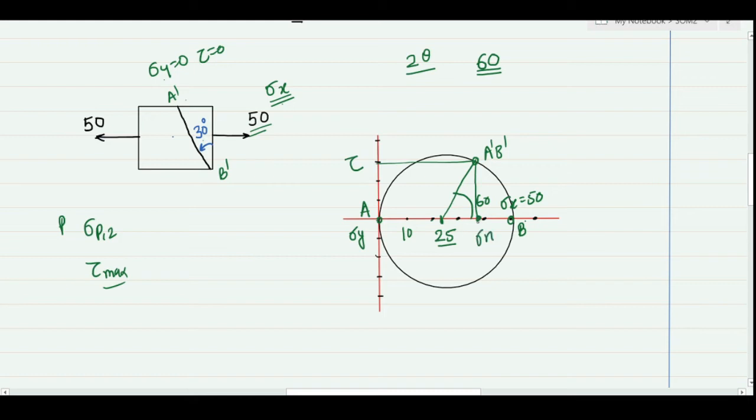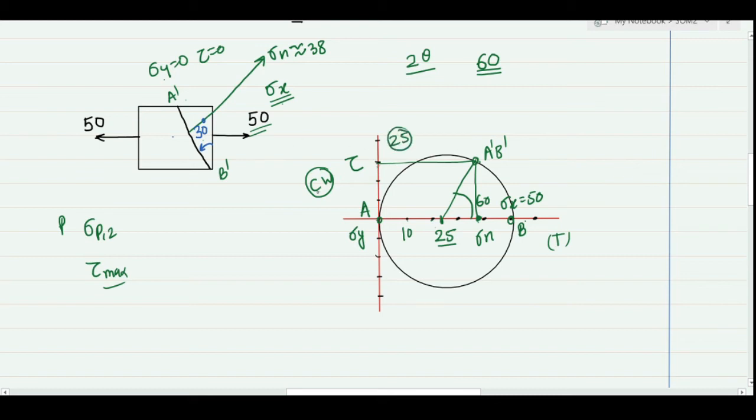So this normal stress is approximately 10, 20, 30 and 40. It is close to the 40 value. So let's consider it as 38 and positive, tensile in nature. That means the normal stress on this plane will be approximately 38. Similarly, my shear is in the counterclockwise sense. And what would be the value? In the given diagram, the value is between 20 and 30, or let's keep it at 25.